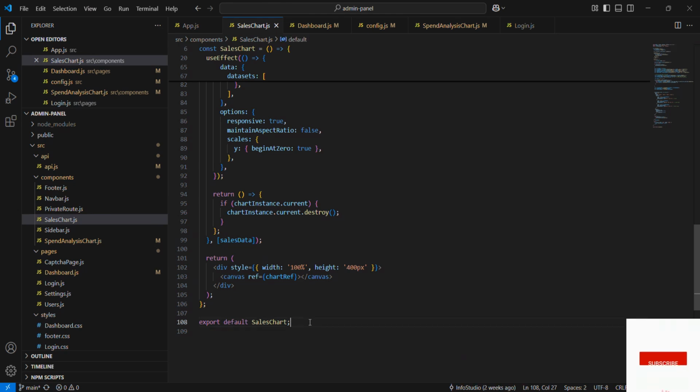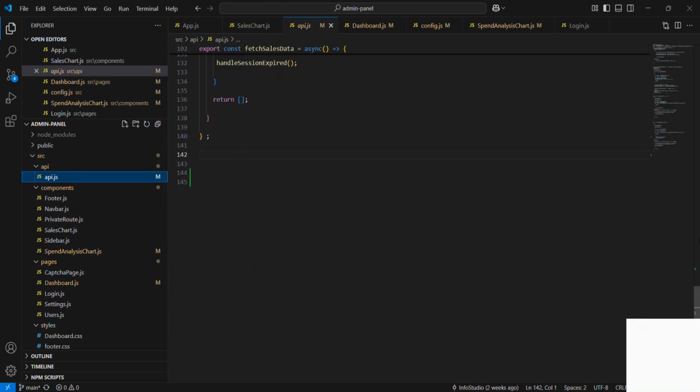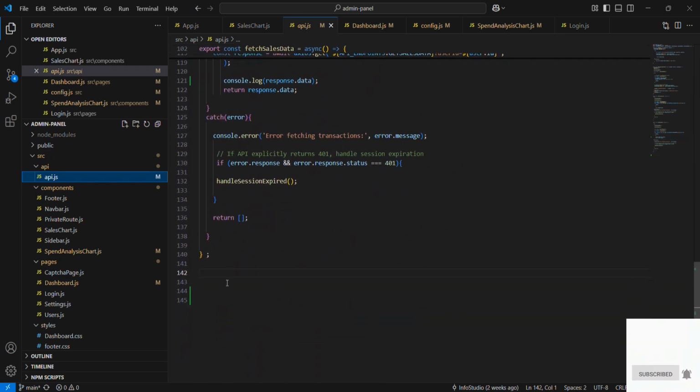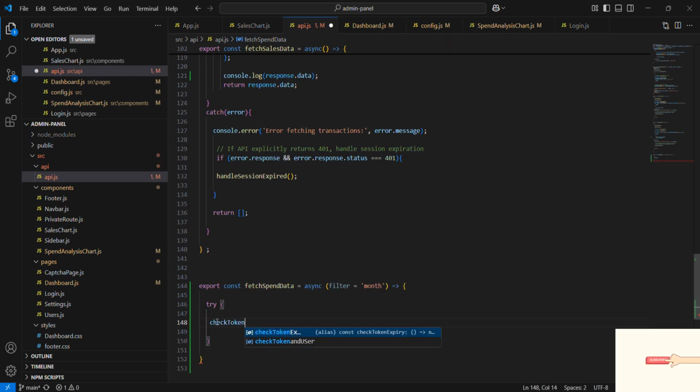Now we will create fetchSpendData function in our React app. This is a crucial part of our application for retrieving spending data with flexible filters in the front end. Let's dive into how this function operates and ensures secure and efficient data retrieval. Firstly, to maintain security and ensure authenticated access, we will employ two utility functions introduced in part 23.